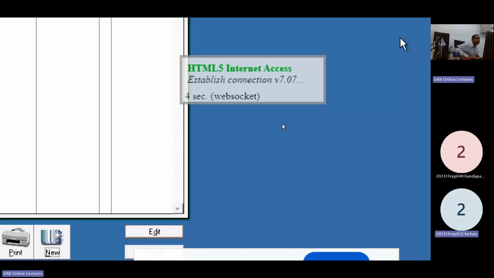Again, we cannot see the screen. Yes, because of the internet issues. Wait one minute. Is there any issue? Tell me.